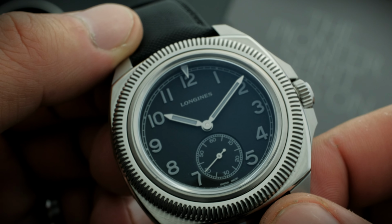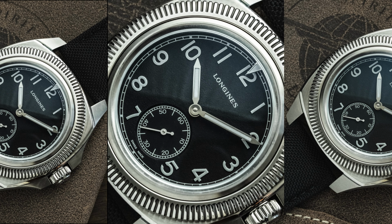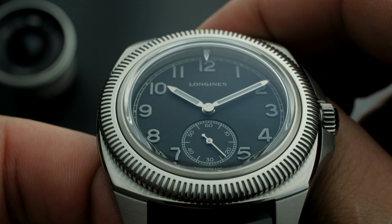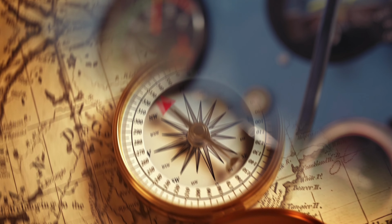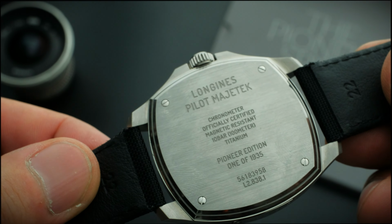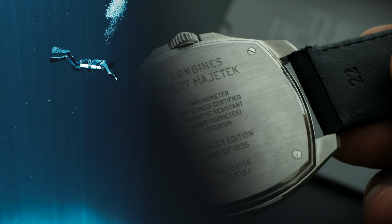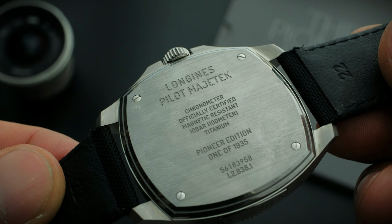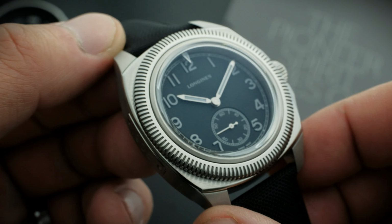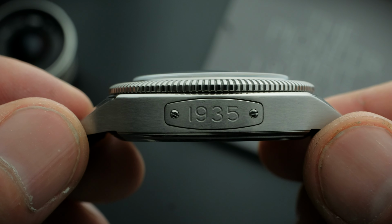The case is largely brushed and has a slightly darker gray finish than the steel iteration, but the same fluted turbine bezel predominates. It is bidirectional and operates the internal lumed triangular pip, ostensibly used to track flight times and aid in early navigation. The case back is attached with 4 screws, and the crown is screwed down, providing 100 meters of water resistance. Etched on the back, we find the watch's technical information, as well as mention of the limited edition. There is also a plate on the dexter side of the case, bearing the date 1935, in commemoration